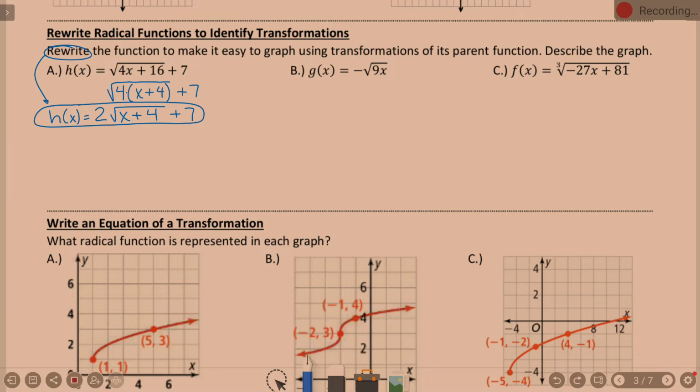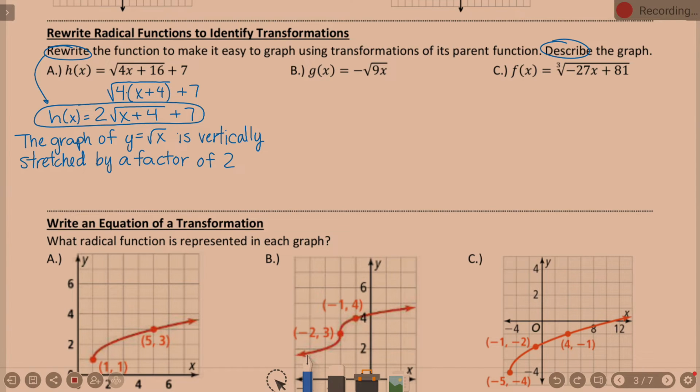Okay, those are the things that would be ideal to be mentioned when it says describe the graph. Those are the pieces that I'm going to mention. So I'm going to say the graph of y equals square root of x is vertically stretched by a factor of 2, and